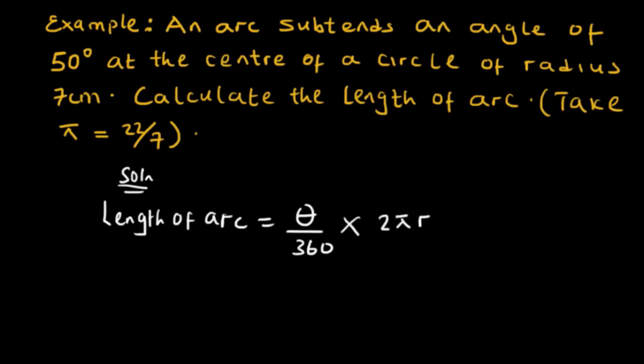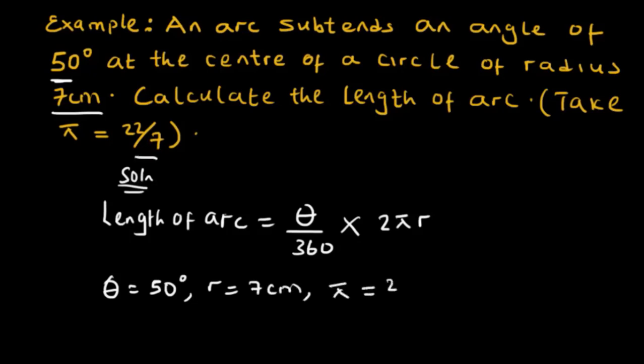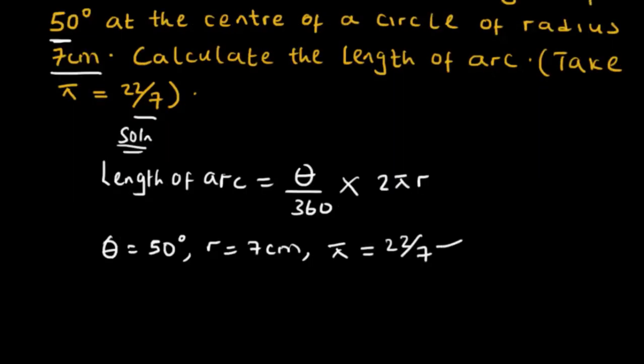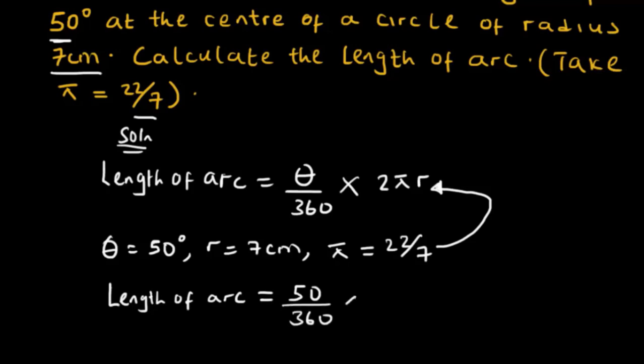Now the next thing is to note what you were given. Theta is the angle. We know theta equals 50 degrees. What else? We know the radius. Radius equals 7 centimeters. And then we're given pi as 22 over 7. So pi equals 22 over 7. Now all we have to do is to slot these values into the formula. So length of arc equals, theta is 50, so I have 50 over 360 times 2 times pi, which is 22 over 7,